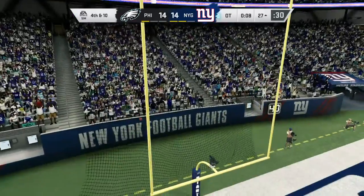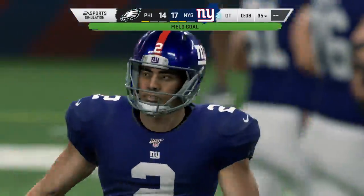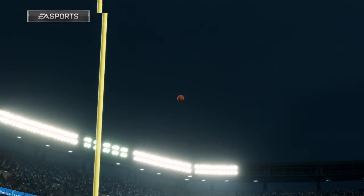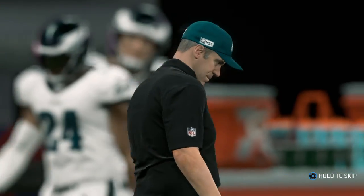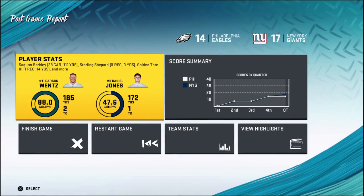And he got it. The kick is good in overtime. He's able to split the uprights. And they take a 17-14 lead. Now remember, this one is not over, but with the time running short here in this overtime, that could very well be the game winner. Yeah, remember now, the other team does get a possession, but when the clock runs out, that's it. So that was a well-calculated drive to use up the majority of the clock and leave your opponent with